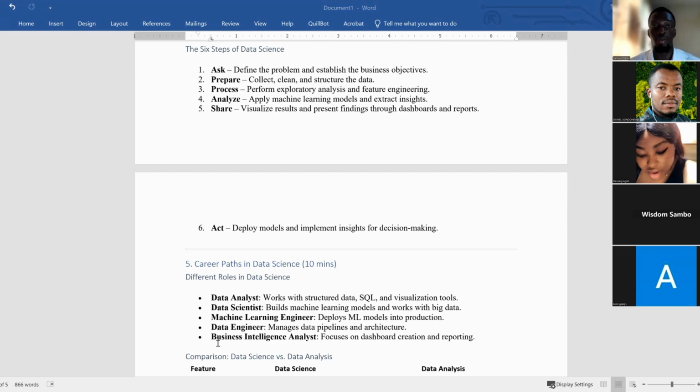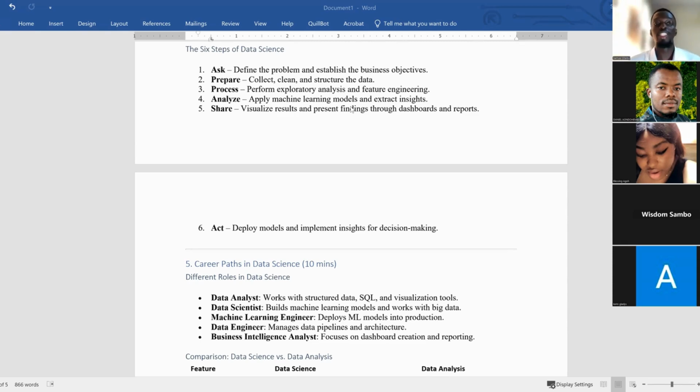What IDE do I recommend? VS Code, please. VS Code is very simple. You can also use Google Colab. Let's say your laptop is not so good, you can use Google Colab, an online platform provided by Google. Google Colab is very good. So VS Code and Google Colab are both very good. Please take note of this. Thank you very much, Olakule, for the question.